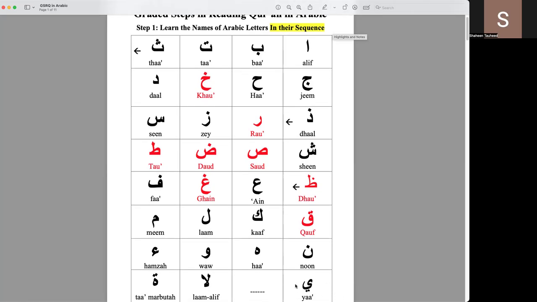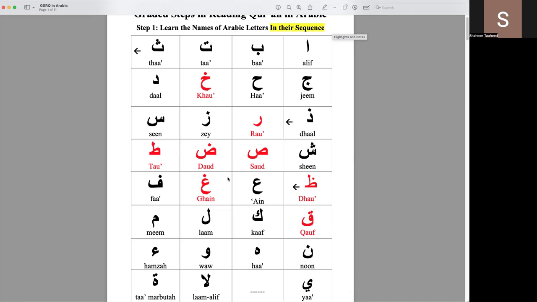Ya, and there are two letters which are dual letters, but they're often in the Quran together. So we learn them as well. Lam-Alif, and Ta Marbuta. Notice in this chart, we have some letters that are in red color. Now these letters are a little different,